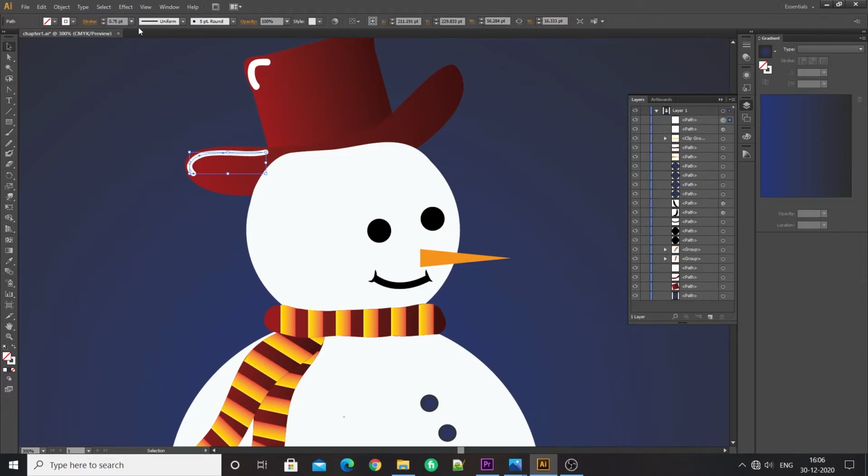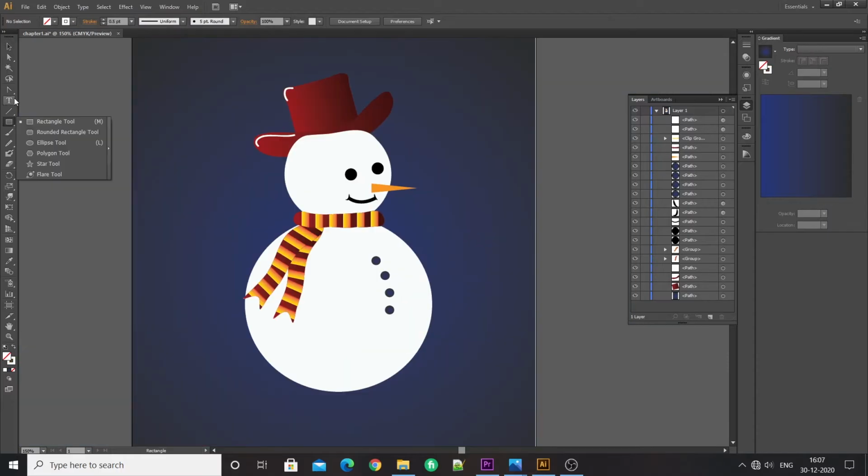Reduce or increase the stroke width. I'll be creating a shadow using the Pen tool and give it a light grey color.